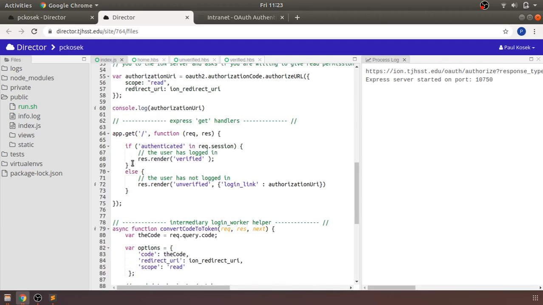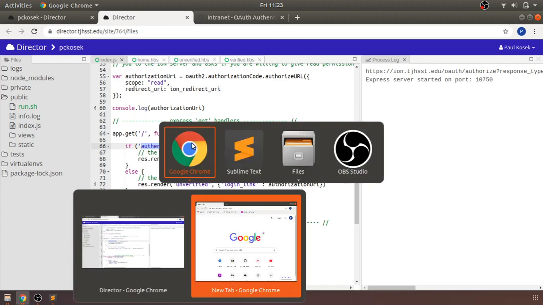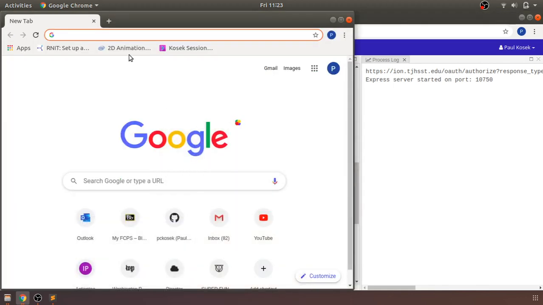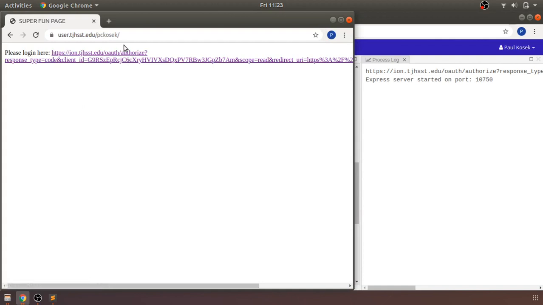So anyway, the user's going to land on this page, and authenticated is not going to be there. We have not put it there yet. Let's just trust this. We have not put it there. And we can sort of verify this by going over to user.tj. Great, here I am at this website. I can even